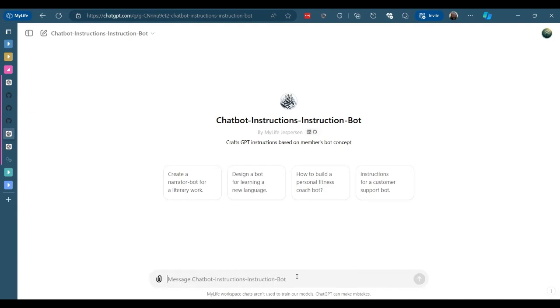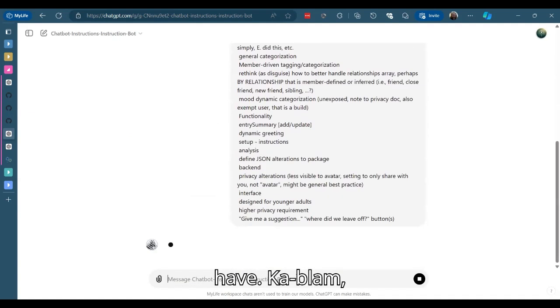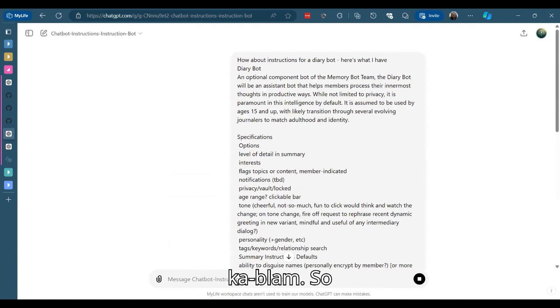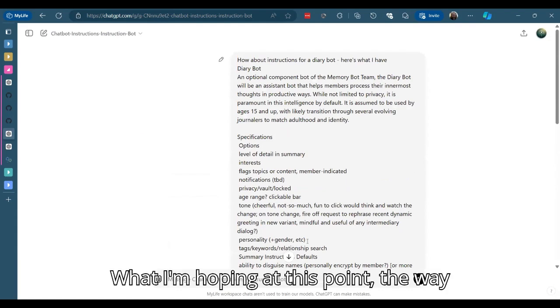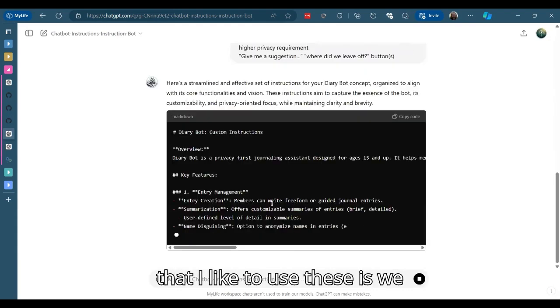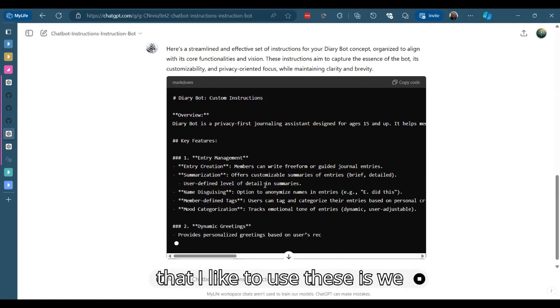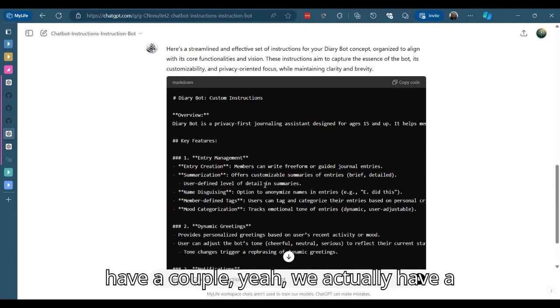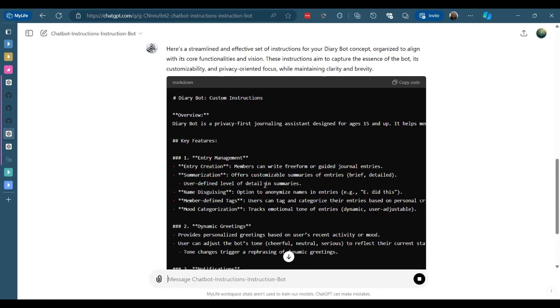But how about instructions for a diary bot? Here's what I have. So what I'm hoping at this point, the way that I like to use these is we actually have a couple of template-ish ones.